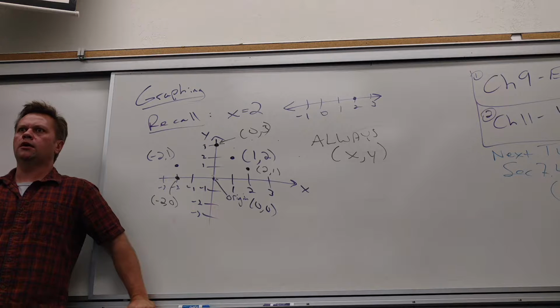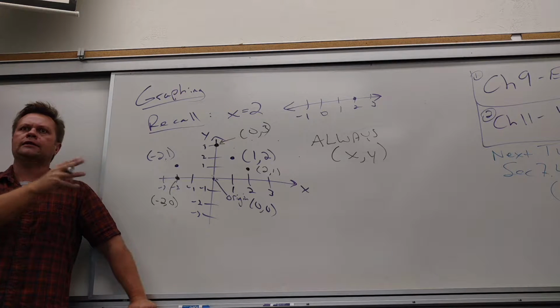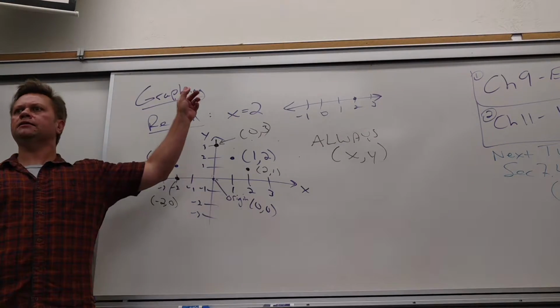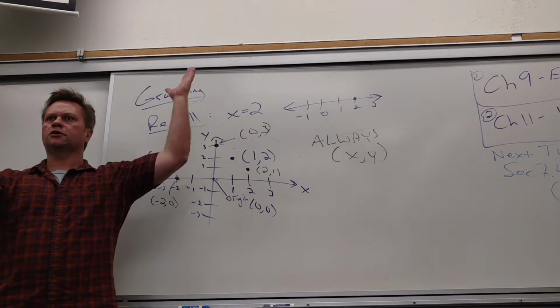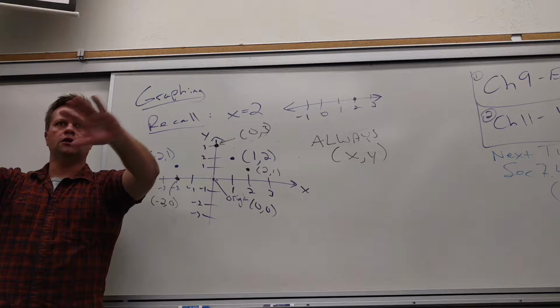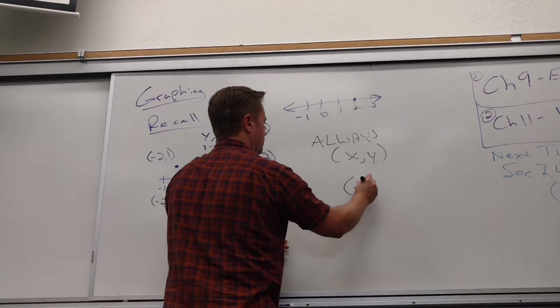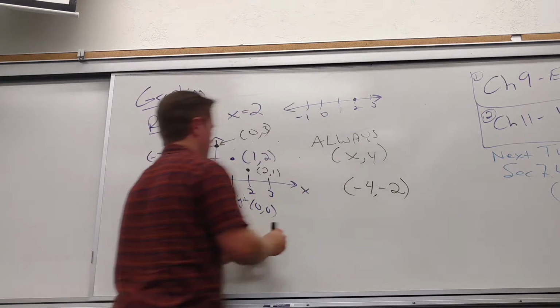Don't freak out about the whole T and H thing I just showed you. I just want to show you that we can call these axes something that makes more sense for the problem. If this is time and that's height, I'm going to call it T and H. It makes more sense. We're not going to do that here. We're just going to leave it X and Y. So if I wanted to plot the point -4, -2,